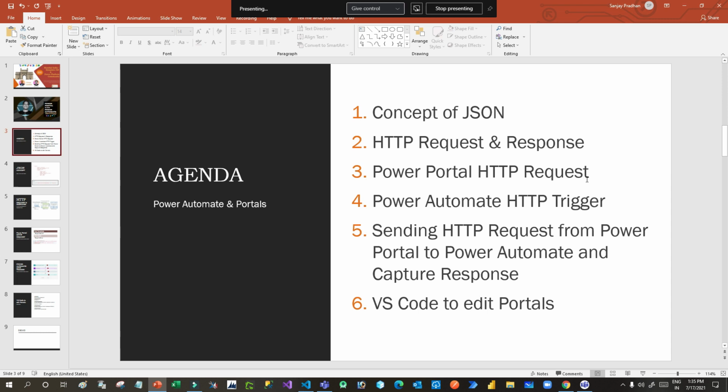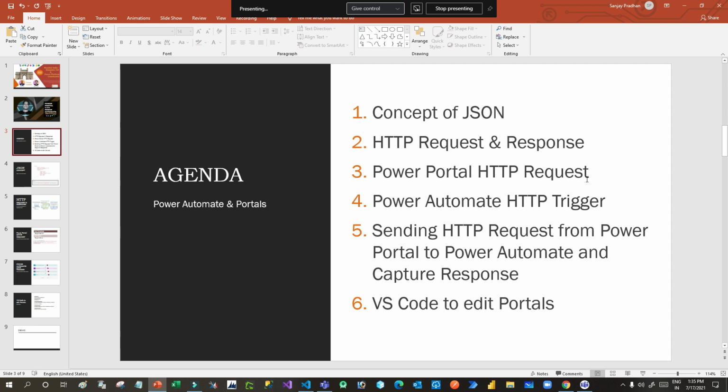Last time I did a session where we discussed how we can perform CRUD operations using Power Portal, right? In Dynamics 365 or Microsoft Dataverse entities or tables, CRUD operations from Power Portal. We have discussed that in detail. But today we will discuss how we can edit those web templates or web pages using Visual Studio Code, right?